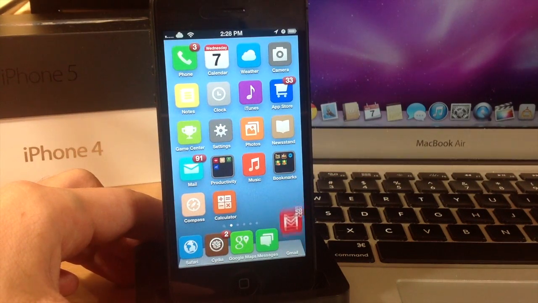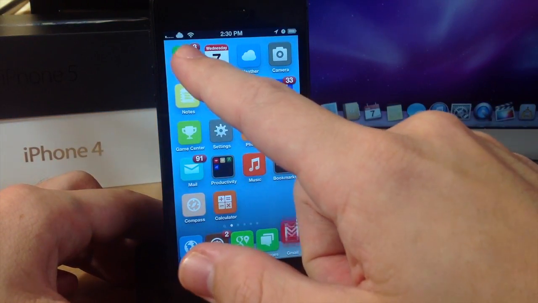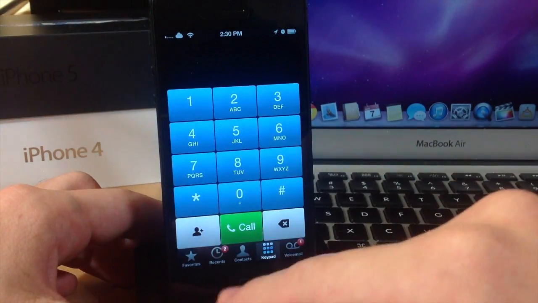There's a lot of emphasis on the primary colors, and these colors are really vibrant. So there is some actual in-application theming for this theme. So let's go ahead and go into the phone here, and you can see that the dialer is completely themed,